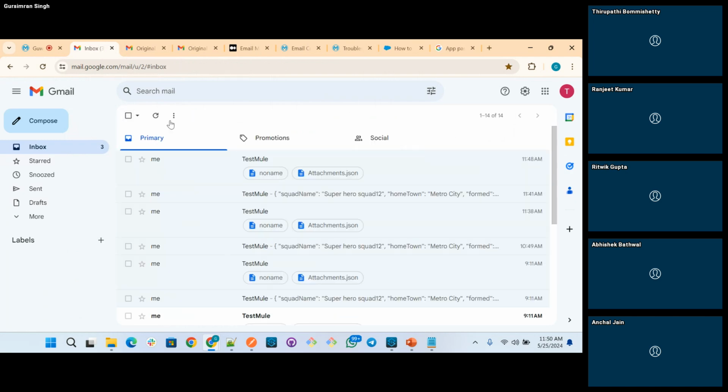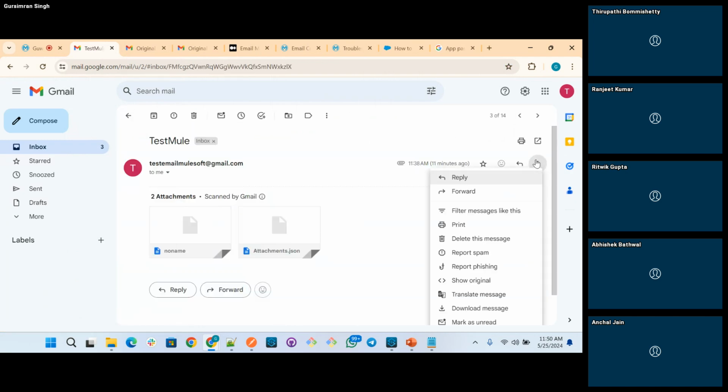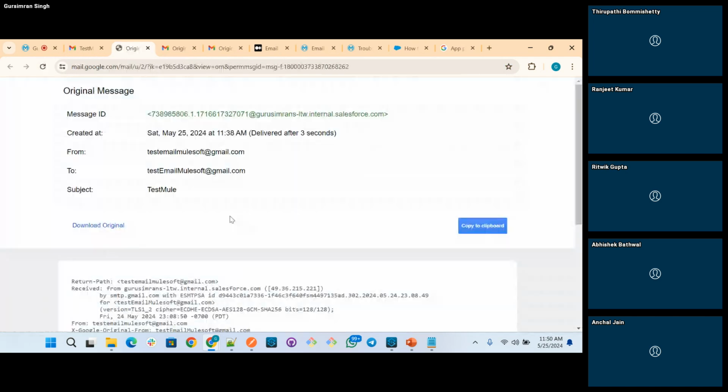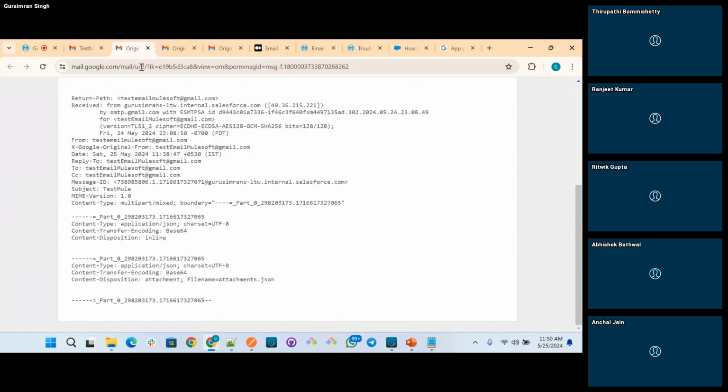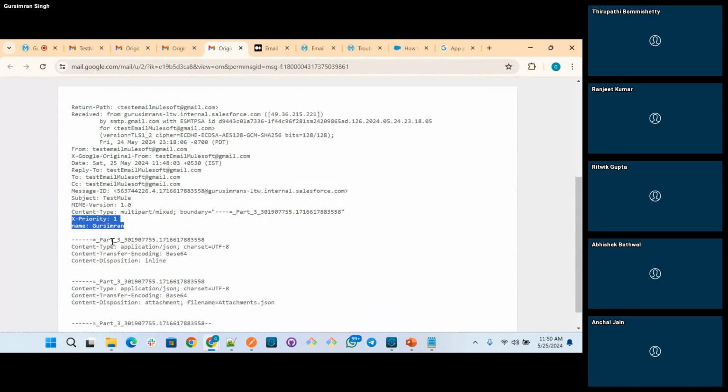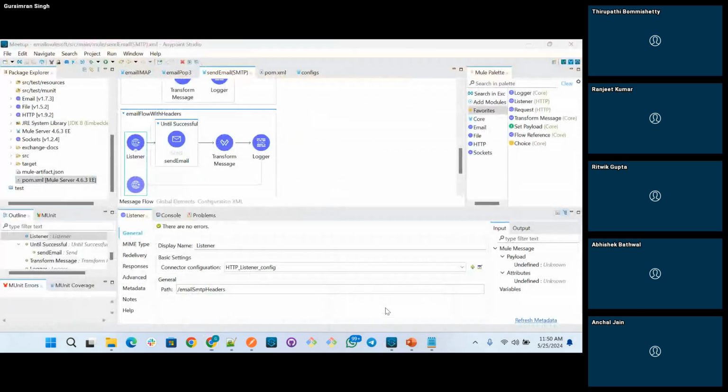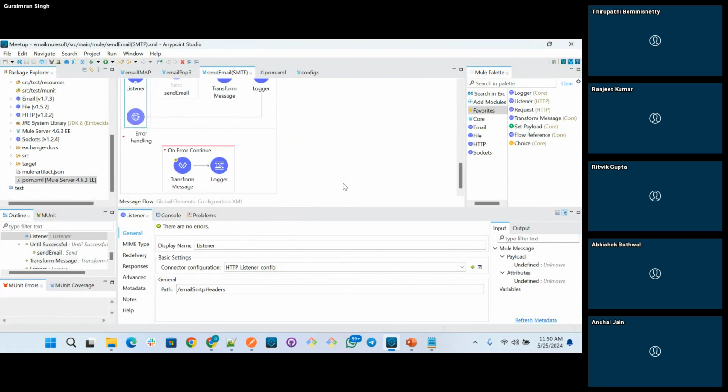Same for the first scenario which you did. If you try to open it, we are not able to see any headers. But we can send any dynamic headers in any way, through the advanced section, the header section. Yeah, that's also a pretty useful thing.